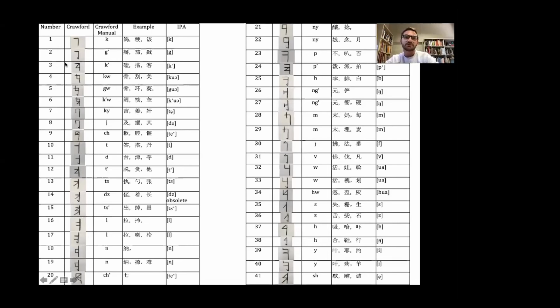So if we go over to the first one, we can see we've got a k, and if you have this hook, it'll change to a g. And then if you've got that triangle, you can see that you've got aspiration, and that pretty much follows through with the whole thing. We can come back and look at this later if anybody has questions during the presentation. I'll give you a second to look at it now, or you can pause the video.